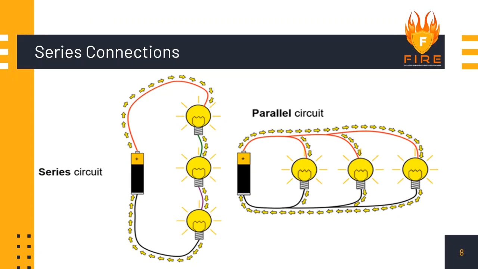These are series connection at the left hand side and you can see the parallel connection at right hand side. Now if you look at the series connection, one after another the junctions of the bulbs are connected with each other, not directly with the battery but with the bulb. Okay, if the first bulb fuses here, then the other two will also become dead because the circuit will break here due to the fusing of this first bulb.